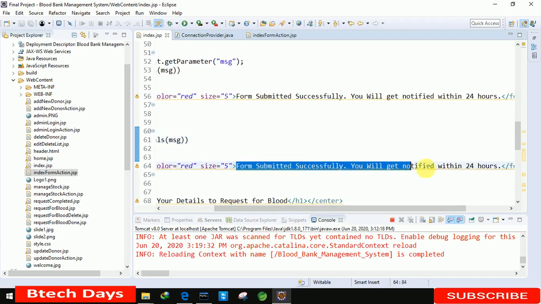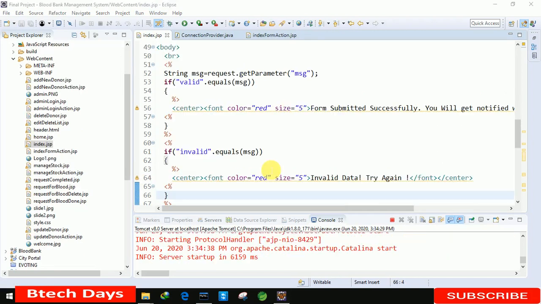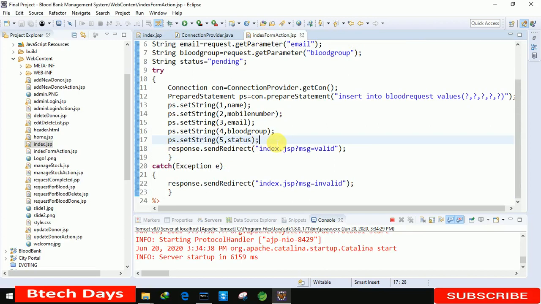So I delete this line, and here I'm writing: invalid data, try again. Okay, and in the index form action page I forgot to write one line of code.